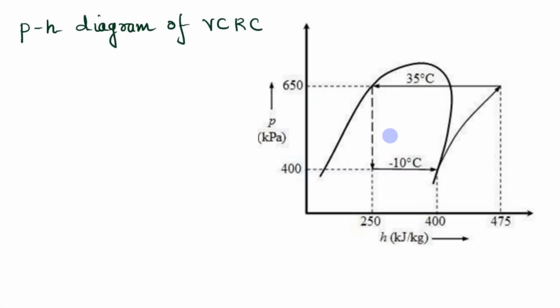So this is the PS diagram of the vapor compression refrigeration cycle given to us. Let's say from process 1 to process 2, it is compression. I'm naming this point 1. This is the compression process. And let's say this is 4, 1, 2. Let's say this point here will be 3. So process 4 to 1 here represents evaporation.